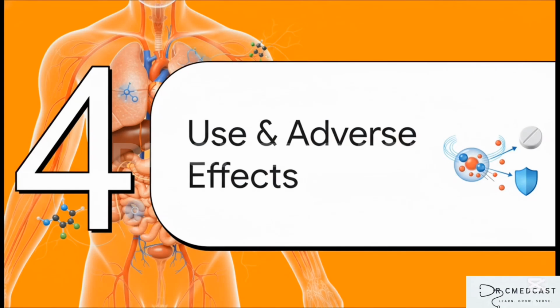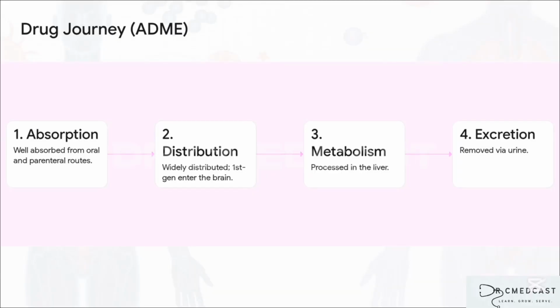We'll look at when we actually use these drugs and, just as importantly, what we need to watch out for. The pharmacokinetics, the journey of the drug through the body, is pretty standard. They're absorbed well when you take them by mouth, they're processed in the liver and cleared by the kidneys. But again, the most critical step is distribution. I'm going to keep repeating this because it's the whole story. Whether or not that drug gets into the central nervous system determines its side effect profile and many of its